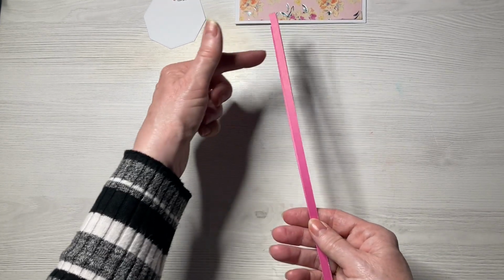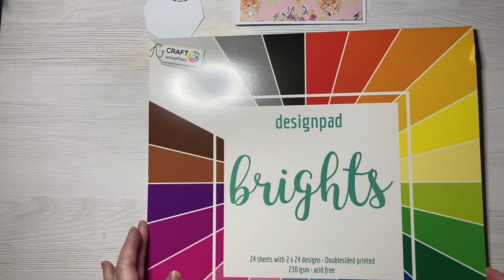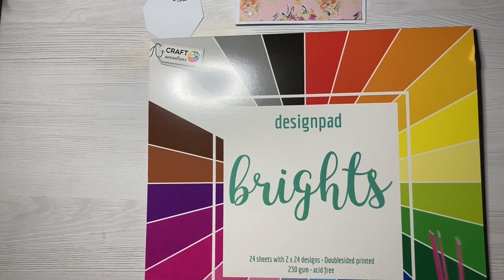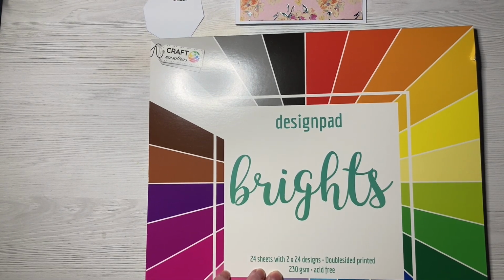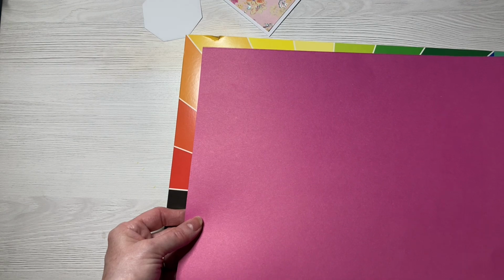Now I have taken mine from a 12 by 12 inch paper pad, just make sure they are long enough to go across your card. I've taken my strips of paper from this paper pad here, a Craft Sensation Design Pad Bright, and there are some gorgeous colours running through the paper pad, and the colour I have chosen is this fuchsia